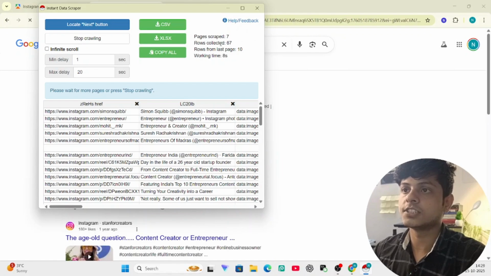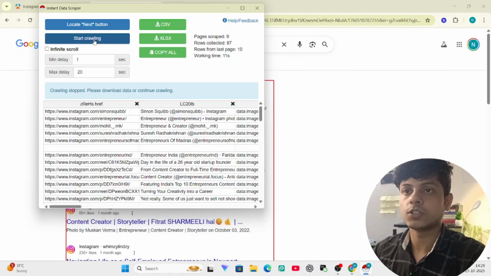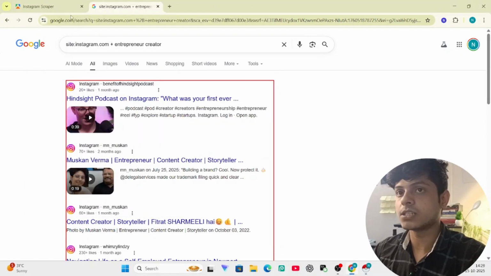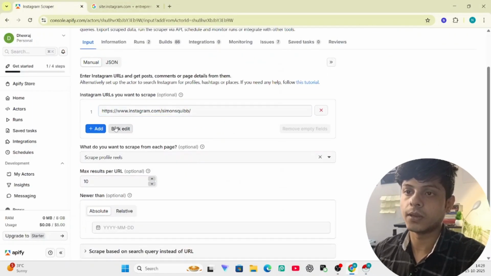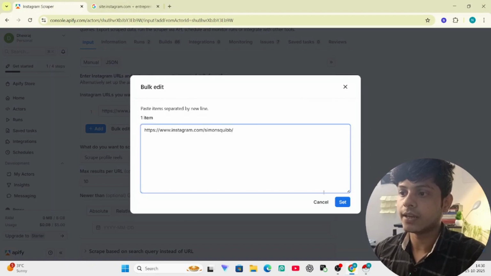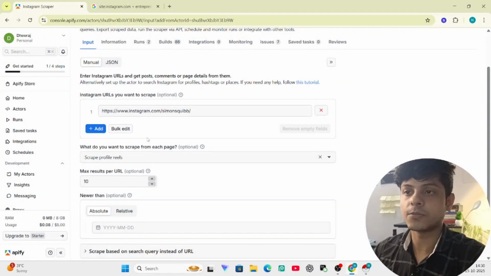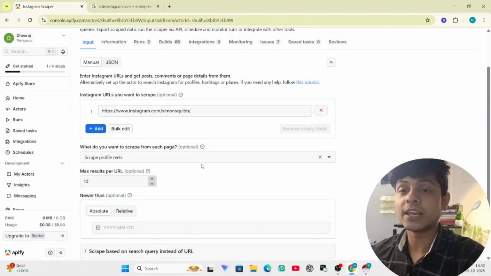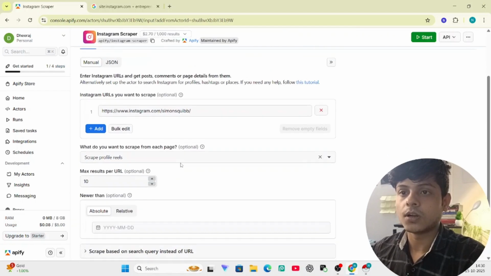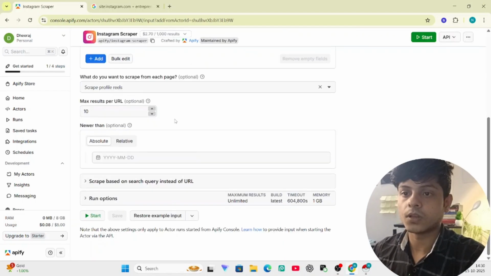Now 67 rows are collected. So we have stopped the crawling and can copy all these links, or we can download the CSV file of these links. We have copied the links and we can paste them into the Instagram scraper in bulk edit. But here I am just going to scrape this particular link because I have limited tokens. So I just click on the start button,